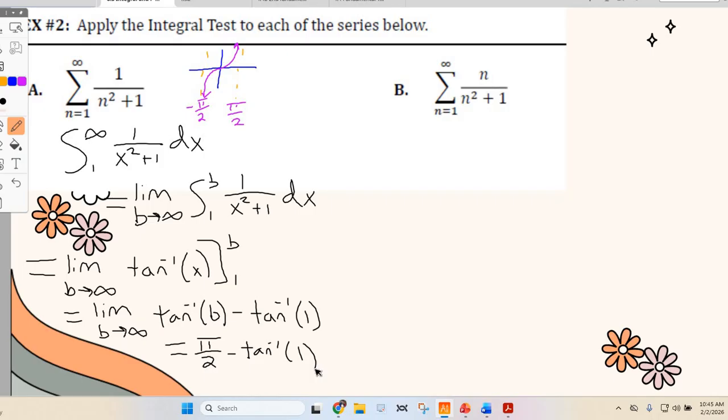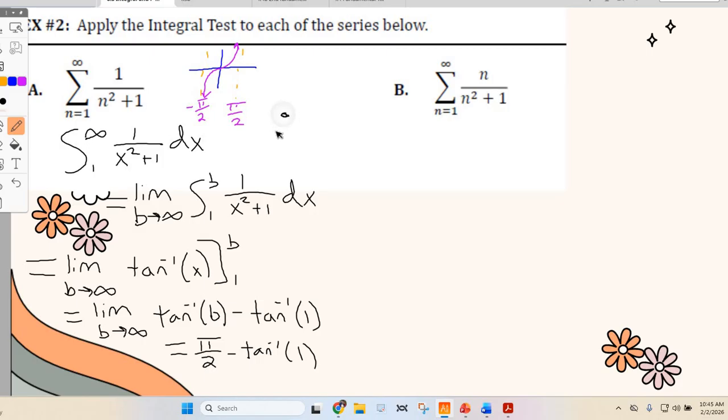Agreed? So if I have pi over 2 minus some number, am I still going to end up with a value, like an actual number there? Yes. So we can say that this limit converges. Agreed? We don't care what it converges to, we just care that it converges. Are we all right with that? So this converges, then we must also say, or we can also say,